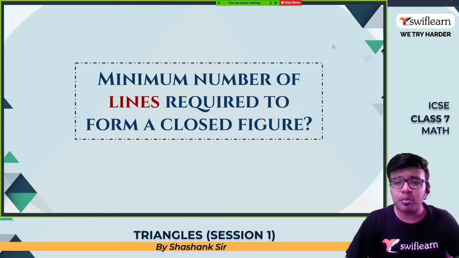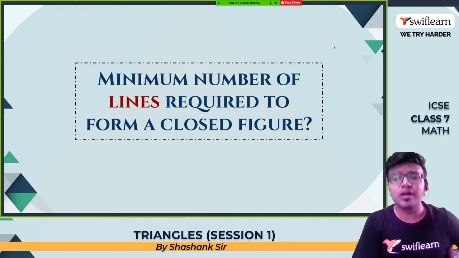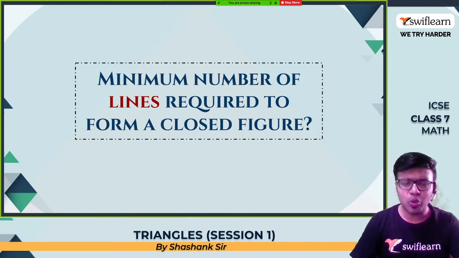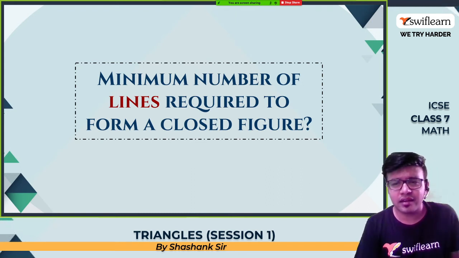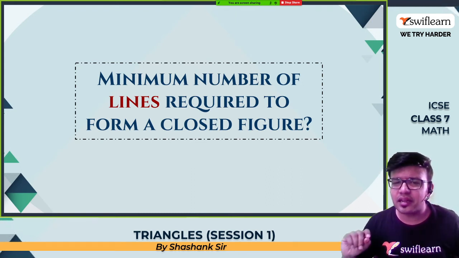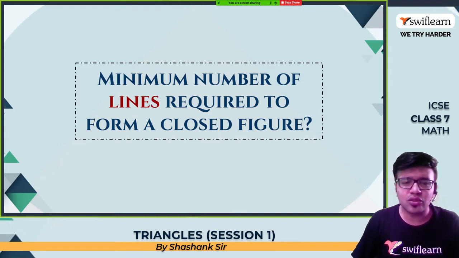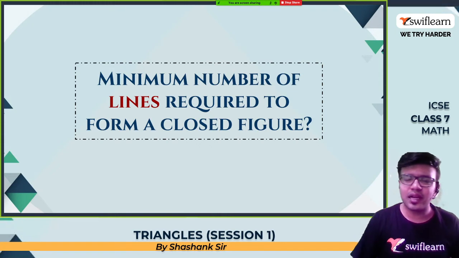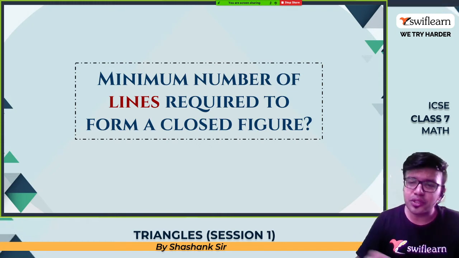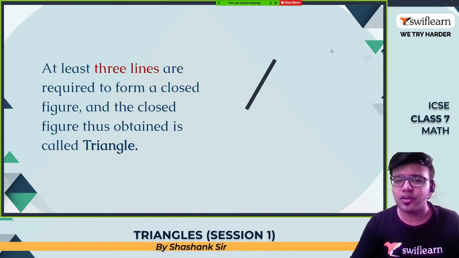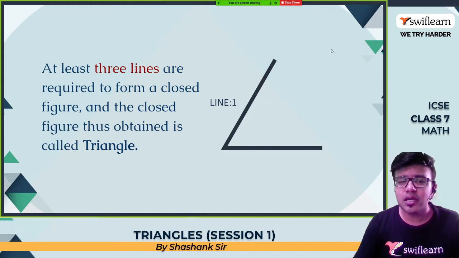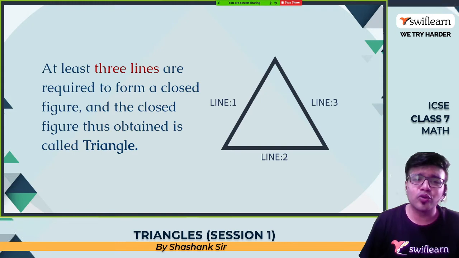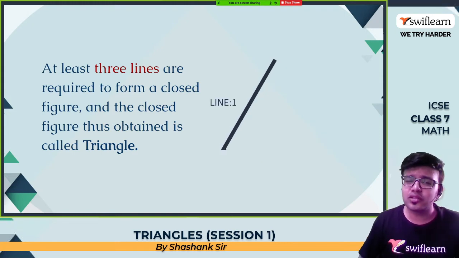So, the minimum number of lines to form a closed figure. Students, how many lines do we need at minimum for a geometrical figure to form? If we draw one line, it is called a line. It is not a geometrical figure. We can't draw two lines and make a geometrical figure. So if we draw three lines and close it, we form a triangle. At least three lines are required to form a closed figure, and